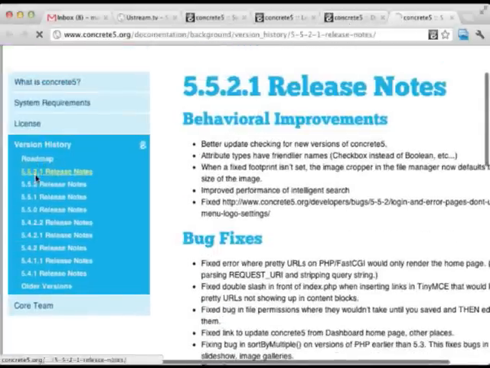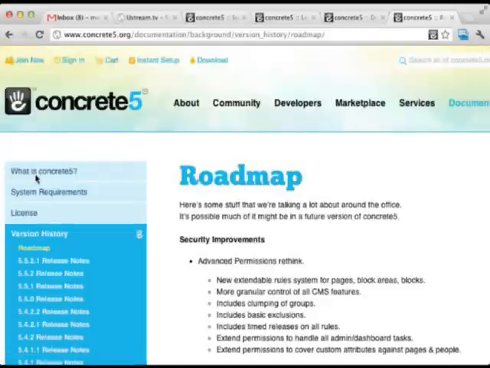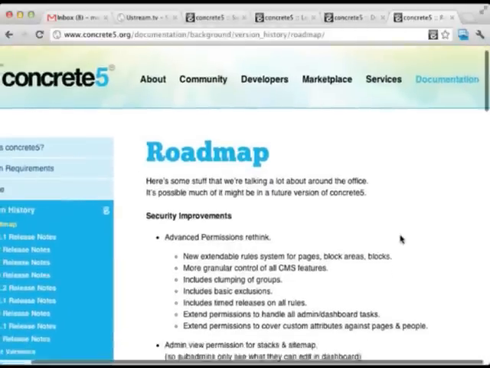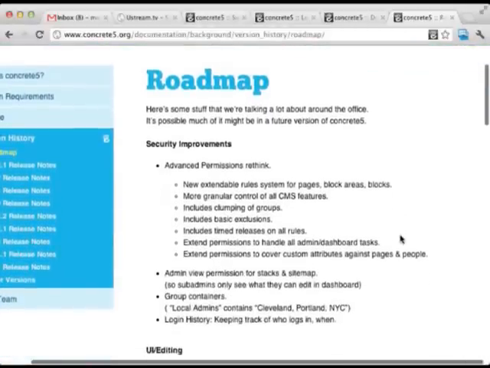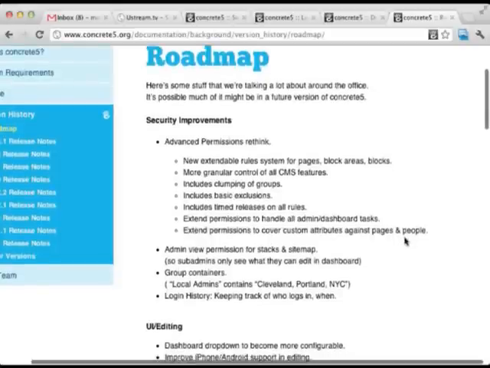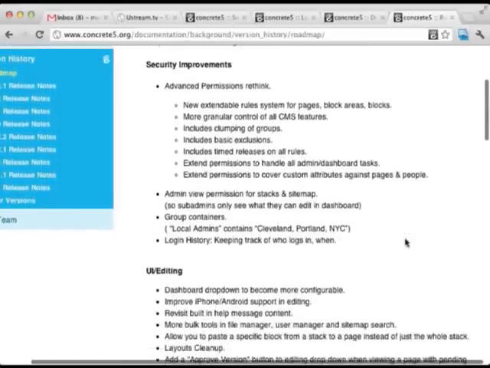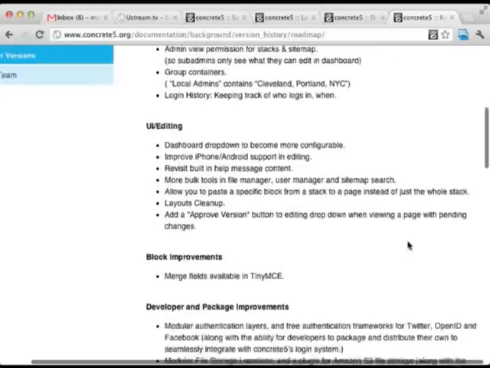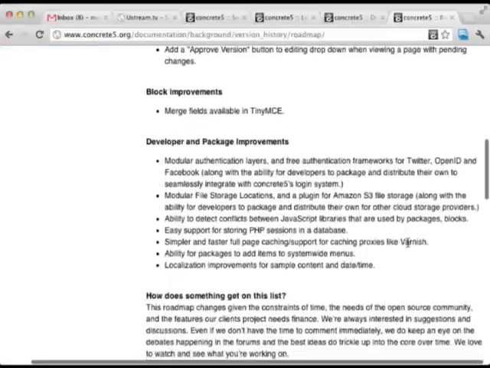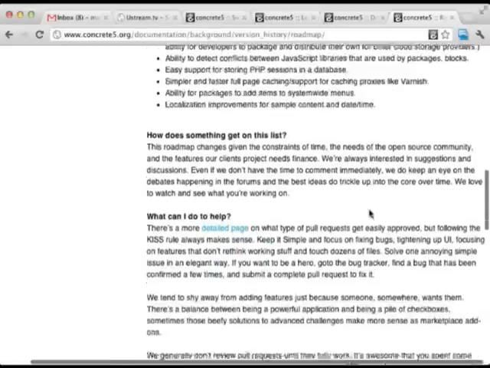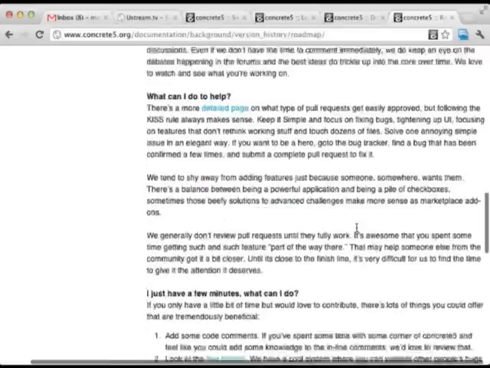There you go! So this is what we're working on for the next version of concrete5 that we're willing to admit. This means this stuff is more likely than not going to be in an upcoming version of concrete5. Can't promise you it'll be there on a specific date quite yet.